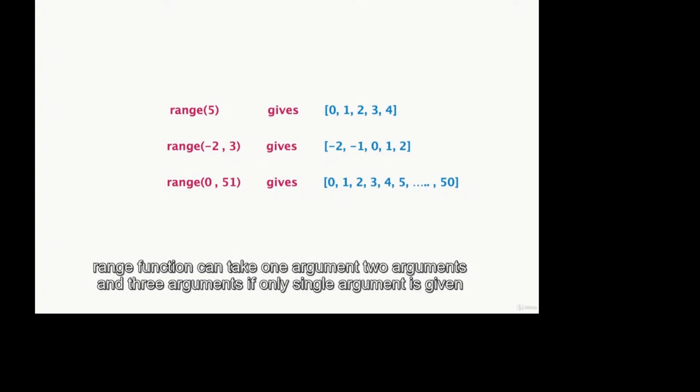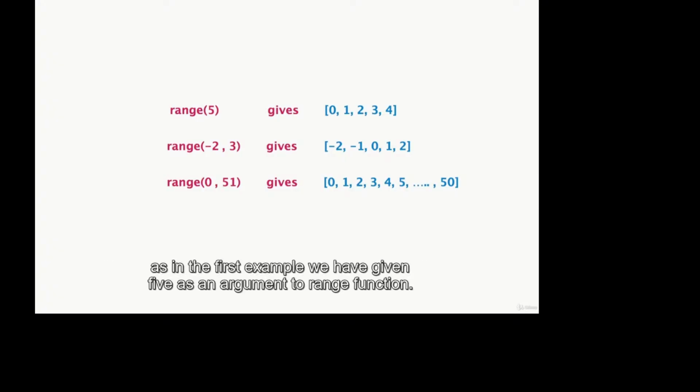Range function can take one argument, two arguments, or three arguments. If only a single argument is given, as in the first example where we have given 5 as an argument to range function, it simply generates a list from 0 to 4,